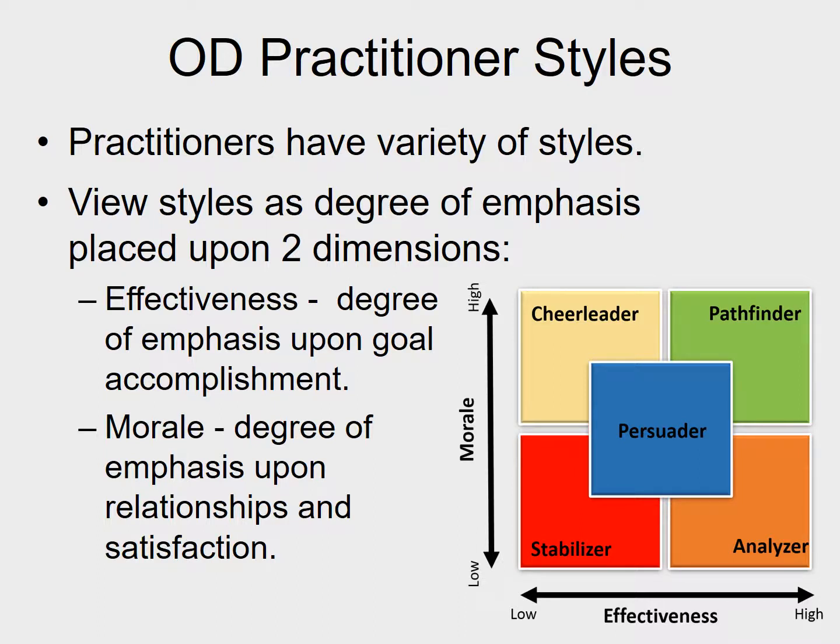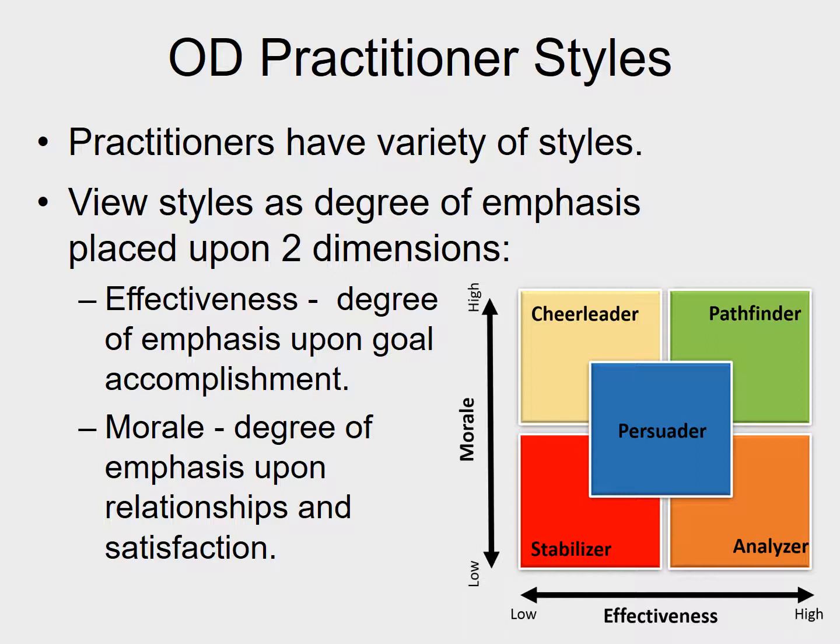And OD practitioners can vary on these two dimensions. So someone that's low on morale and low on effectiveness, for instance, is a stabilizer. That would be a good fit if the organization is also fairly stable. So if there's no major problems with morale, there's no major problems with effectiveness, a stabilizer is basically going to be just looking at the situation and moving forward very slowly on small interventions, small changes,